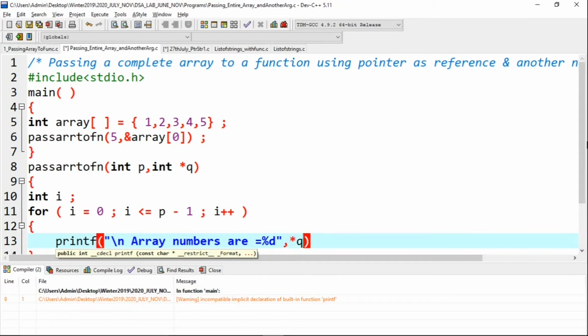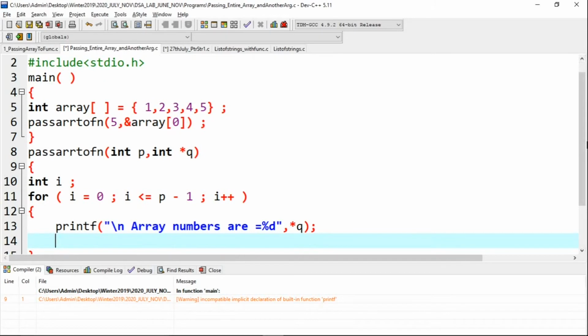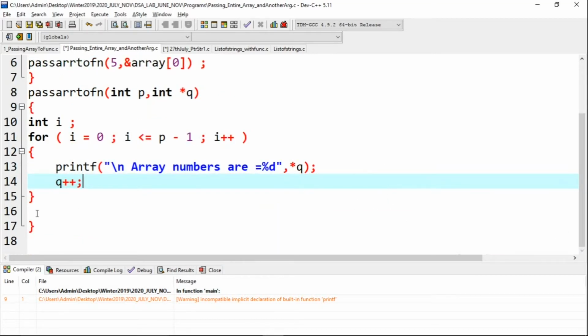This is the pointer that we have kept for referencing the first element of the array, and then simultaneously you have to increment that pointer, that's all. So incrementing the pointer is q++. Here you should not put *q++.